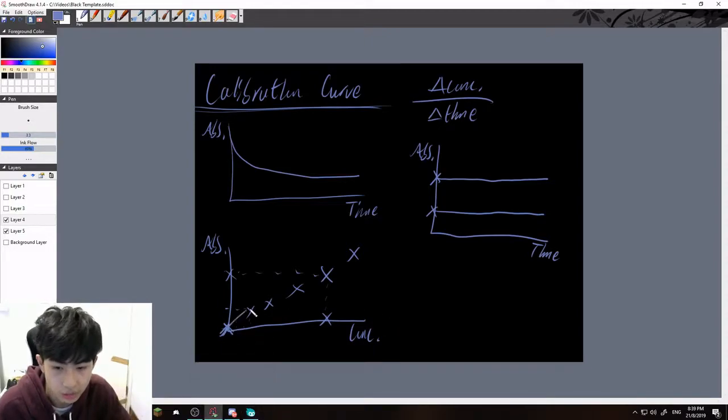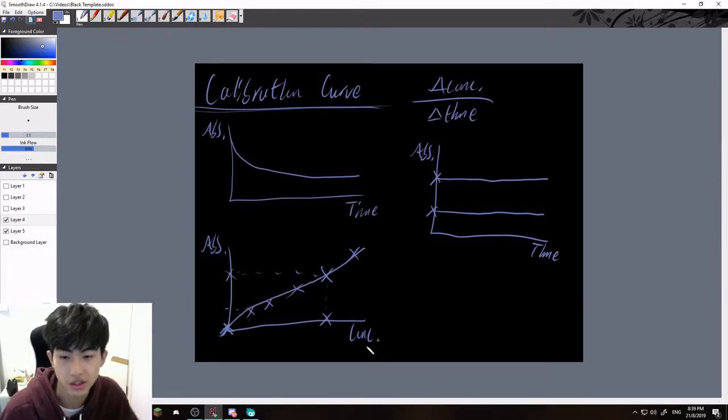So thereby, if we had no concentration of our solute, nothing, there would be 0 absorbance within our colorimeter. So now if we drew a line of best fit, it would optimally give us a linear line, which I failed to draw here, but it would give us a linear correlation between absorbance and concentration. And so what we can actually do from this is go back to our reaction. It's decreasing in absorbance due to time, due to whatever reaction our solute has with our solvent,